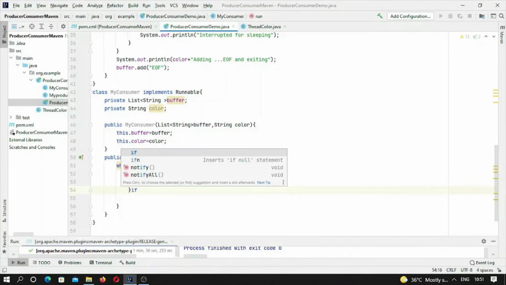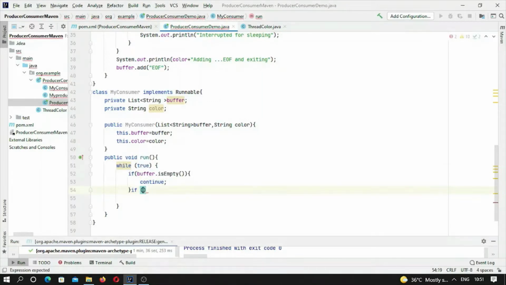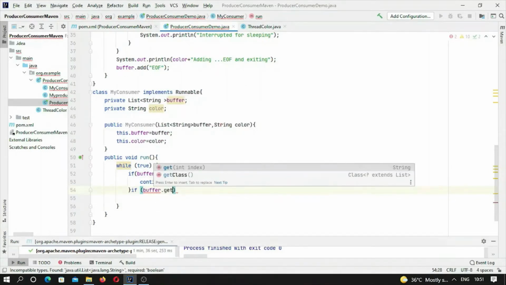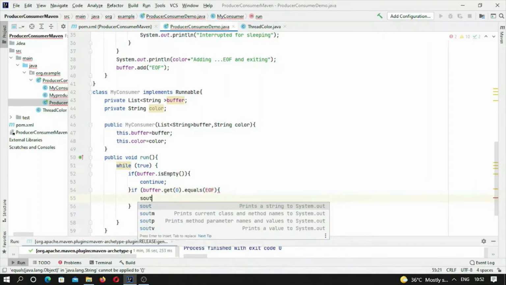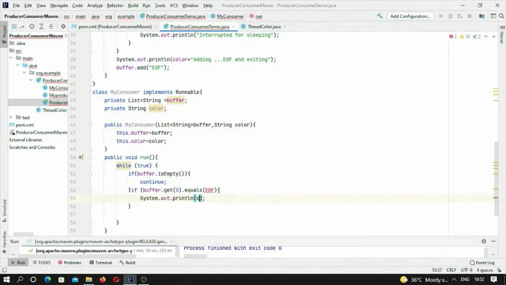Next condition is if buffer.get, if the first element is already equals EOF, then what we'll do, it will simply go out. So let me print color plus "exiting",